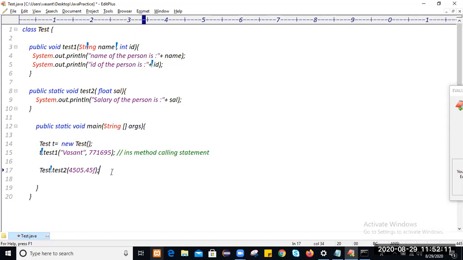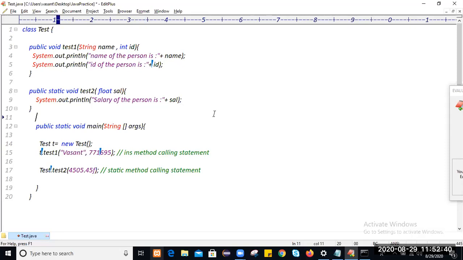So this is a static method calling statement. So when you call the method, during method calling you can initialize a local variable. Always remember that when you pass arguments to the method, those arguments are treated as local variables, and those local variables we can initialize during method calling, when you call the method.